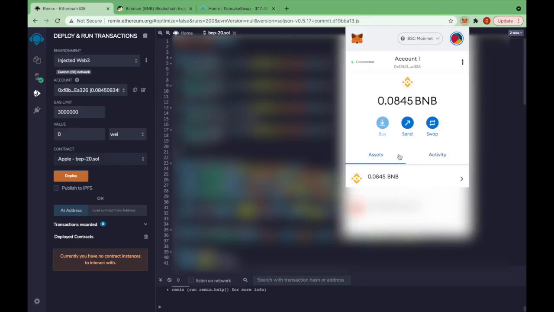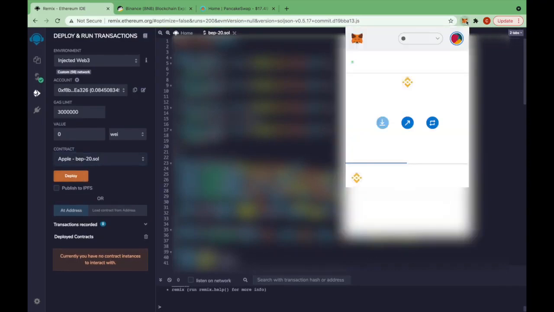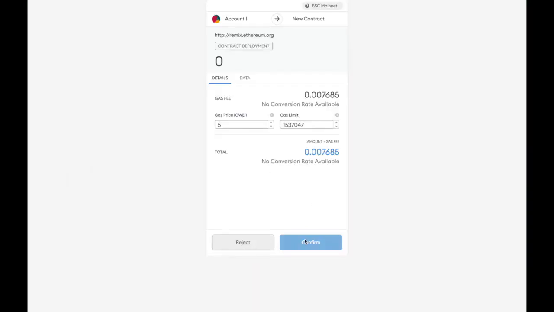Go to the next step, to the next tab, and then change this to injected web3. Make sure that you have your MetaMask wallet connected on Google Chrome, and you can see I have mine connected. You can see it's 0xF8, and we have 0xF8 here, so it's connected. Make sure that this contract is the name of your token, right? So let's deploy it. I just have a small amount of BNB here in my MetaMask to cover gas fees. Let's just go ahead and press deploy, confirm,